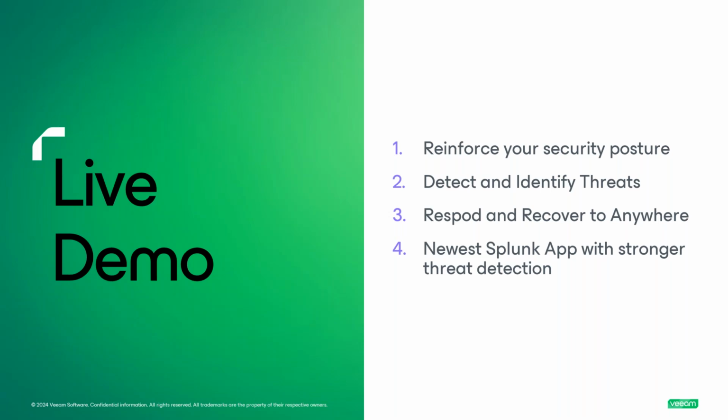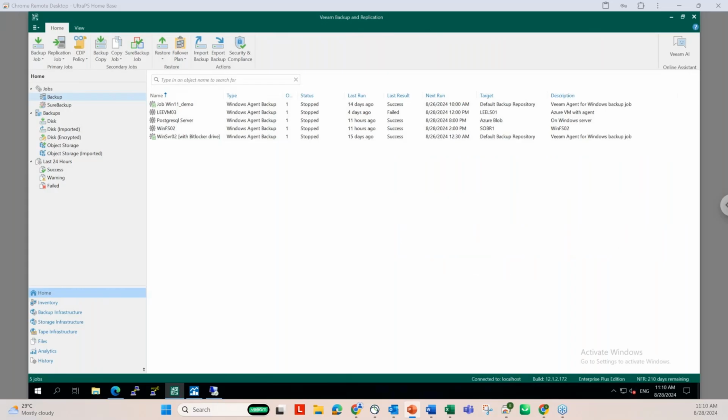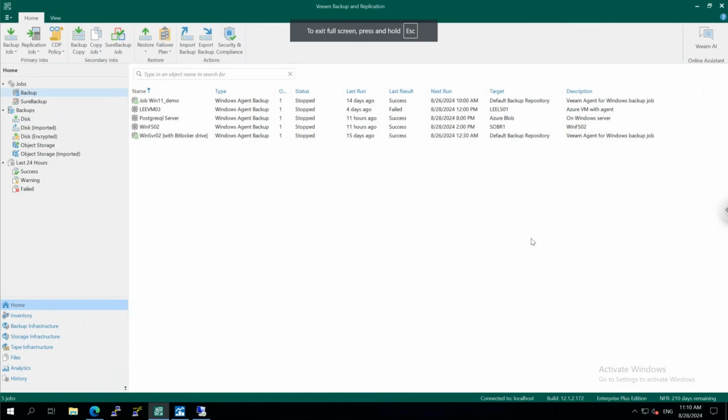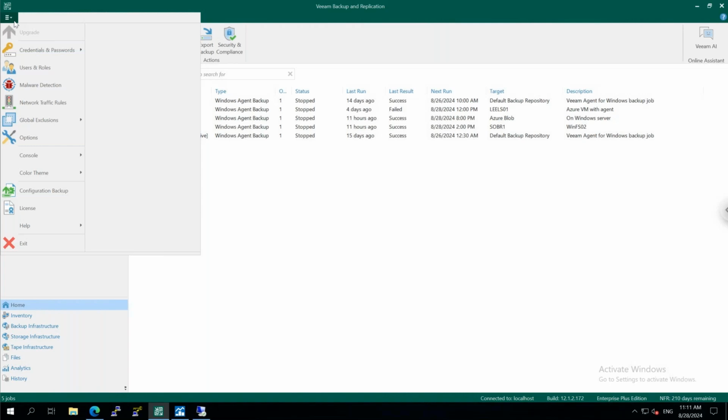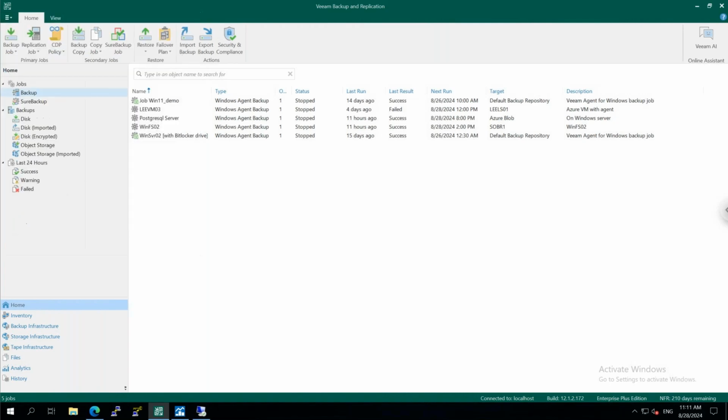Okay, so let's move on to the demo. I hope you can see it on the screen. I'm going to enlarge my screen a little bit, right? Let me give you a perspective of the Veeam Data Platform console. We have deployed the latest version, which is 12.1.2.172. On the screen here, you will see the main console, a typical console that you sign on to using the Veeam Data Platform. The first thing that comes to mind in terms of providing security, to make sure you are aware of what we can provide to reduce the threat to your backup infrastructure, is the ability to provide capabilities for